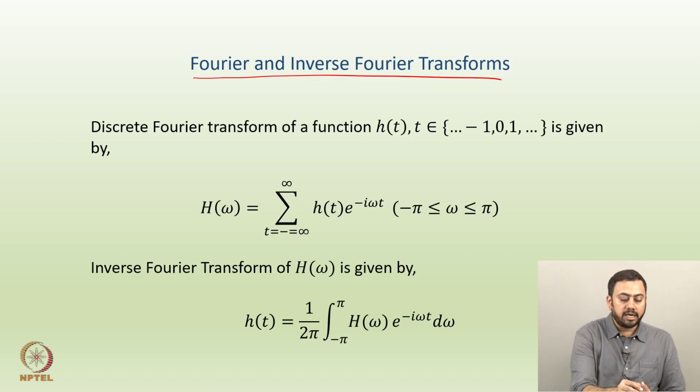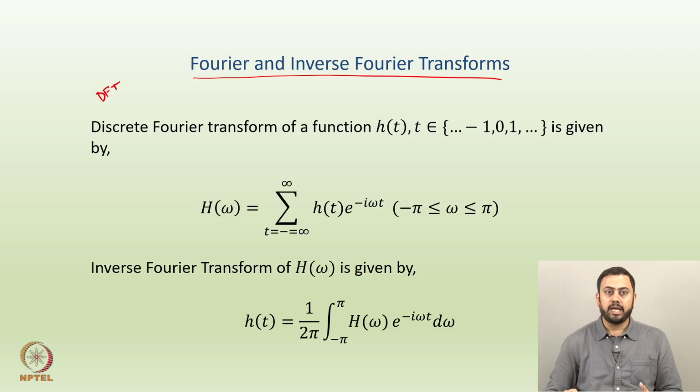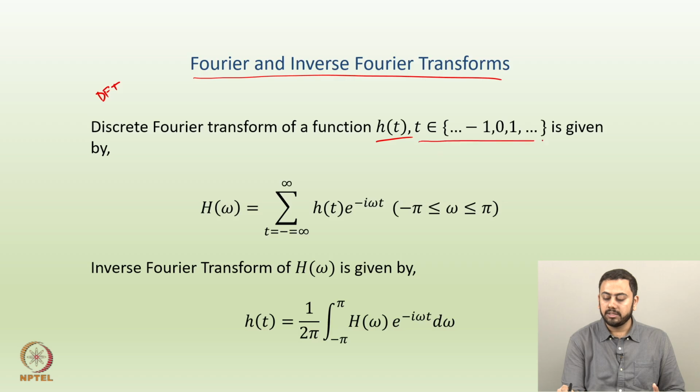So, the discrete Fourier transform, or in short one can call this a DFT. Many textbooks use the acronym DFT. So, DFT stands for discrete Fourier transform of any function, let us say h(t). Okay. So, if you have a function h(t), then one can create the DFT of that function h(t). And obviously, the values that t can take can be any integer value. So, let us say minus 1, 0, 1, 2, 3, 4, even on the negative side. Okay. So, if you start with the function h(t), then the DFT of that function is given by this value.